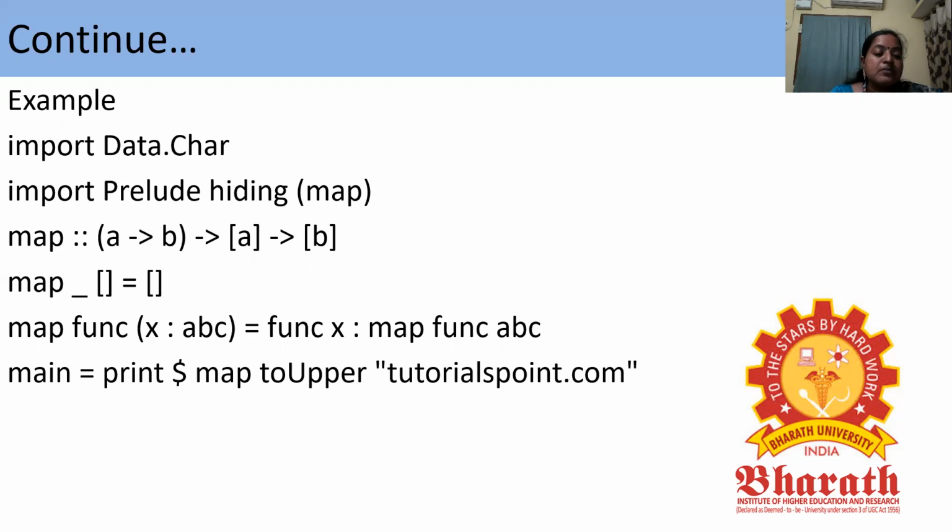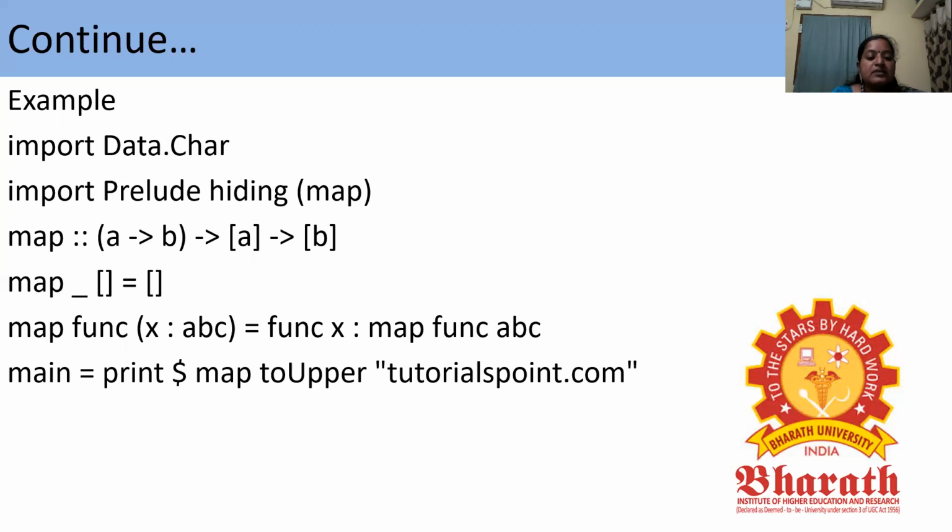Here we are defining the map function, map :: (a -> b) -> [a] -> [b], and the result will be a separate list. Then map _ [] = [], the empty list, and map function (x:abc) = function x